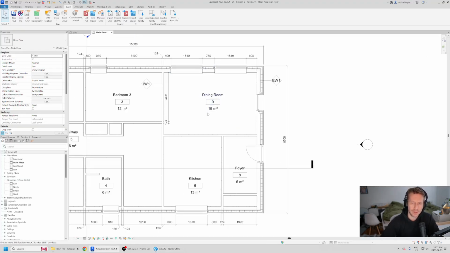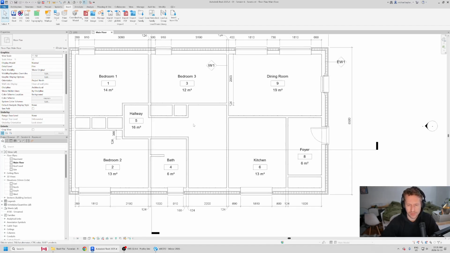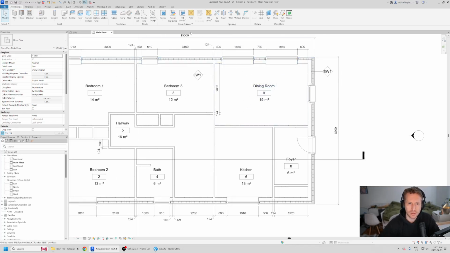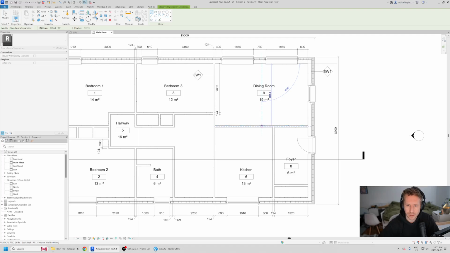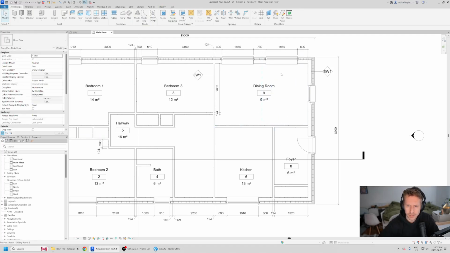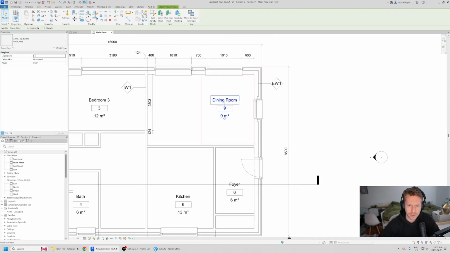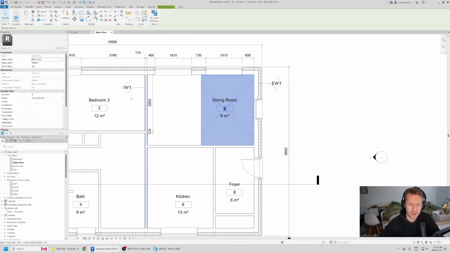There might be a case where, say, you don't have a physical divider between 2 rooms. And in this case, what we're going to do is inside the architecture tab, there's a little room separator tool, and what that does is, as you can imagine, separates the room. So I'm going to use that tool, grab somewhere in here, and now if I hover, I'm going to have 2 separate rooms. Currently there's no room in this zone on the left. We can just move this over, move the tag, and now if I hover over here and I hover over